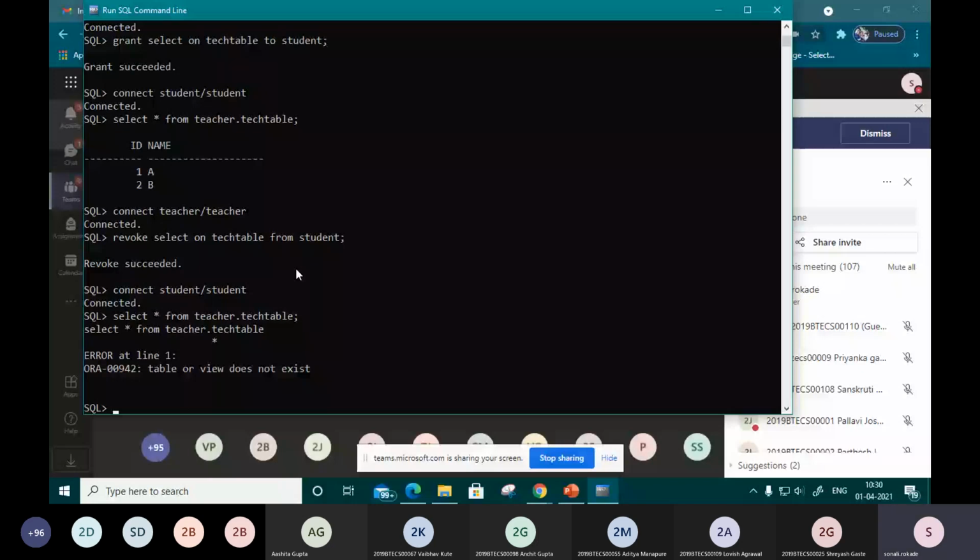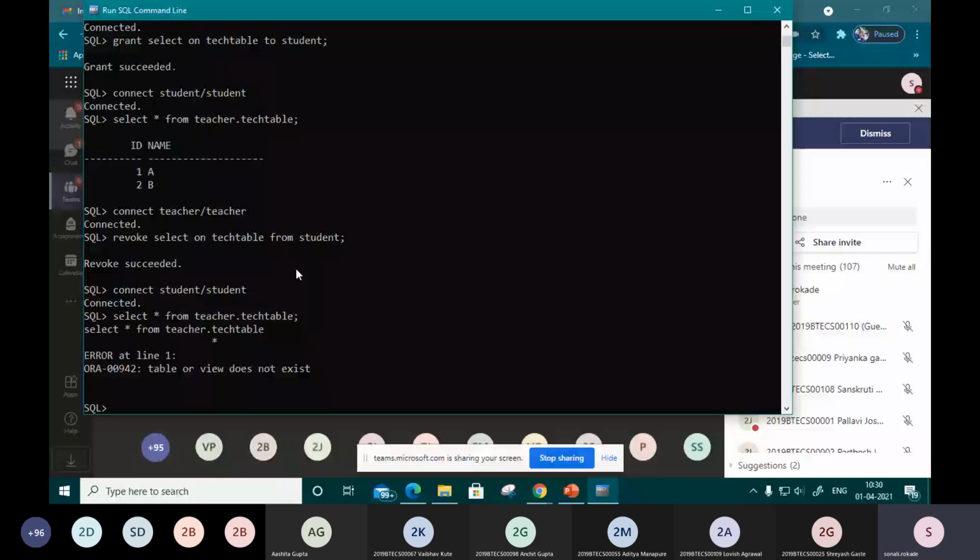Now suppose I want to revoke or drop the role. What role have we created? Assistant. That assistant role is created in our system login.